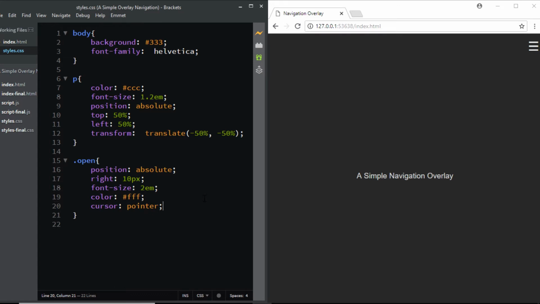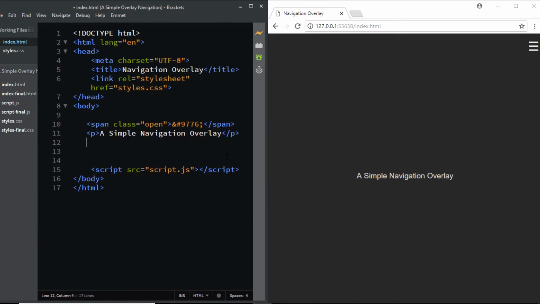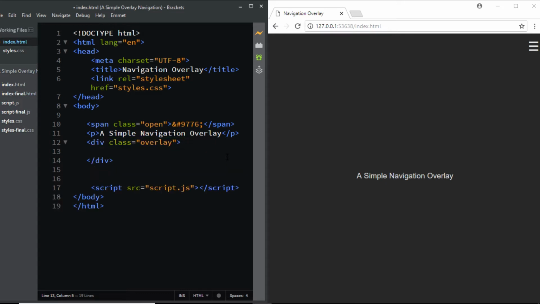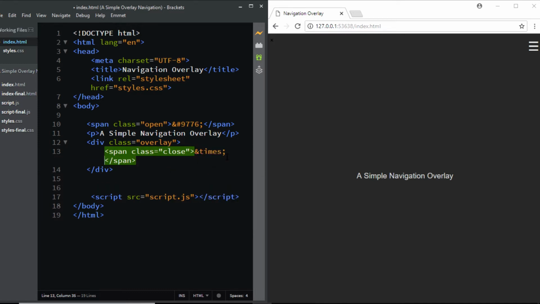Now let's add the markup for the overlay. So I'll go to my HTML file, and just below the paragraph tag I'll be adding a div with the class of overlay, and this overlay will contain a close button. For that we'll be using a span tag and we'll give it a class of close, and inside here we'll be adding an HTML entity for the close button, which is going to be a symbol of X,